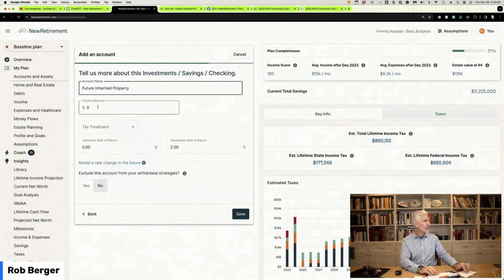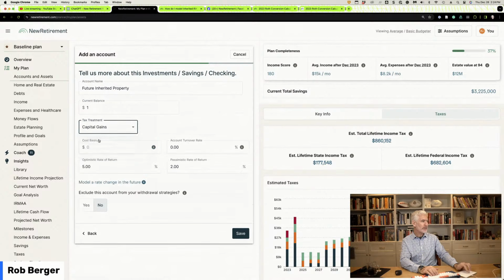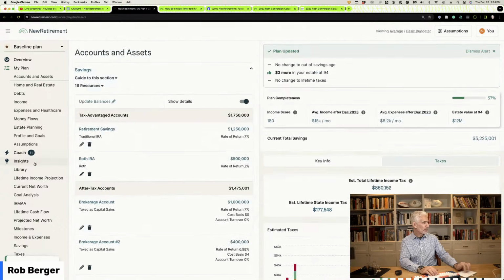There we go. And the current balance I'll just put as $1. I'll put it as capital gains. Cost basis I'll just put as $1, I think you have to put something. And I'm going to exclude this from withdrawals, right? So let's save that. And then if I go back to